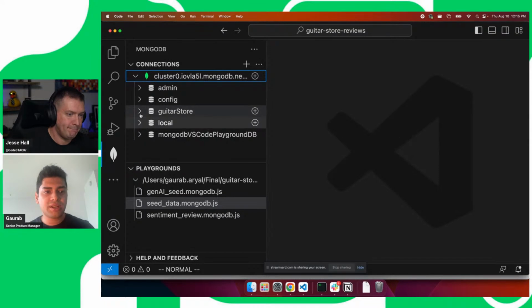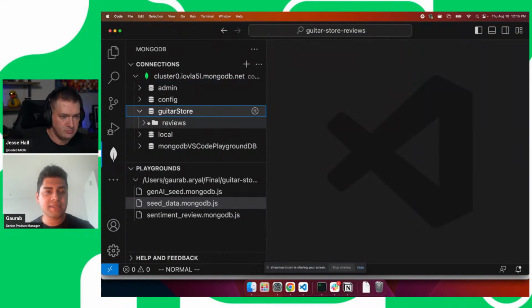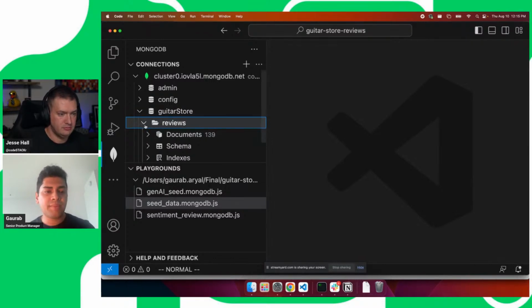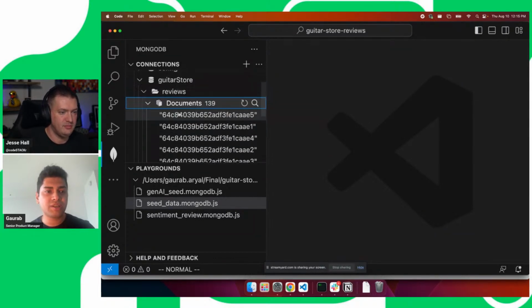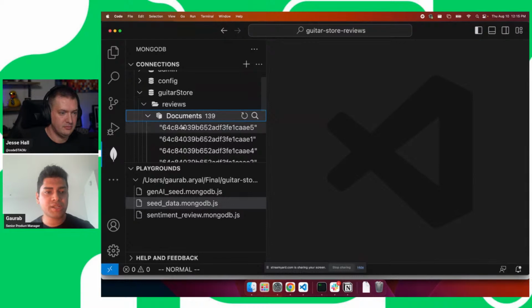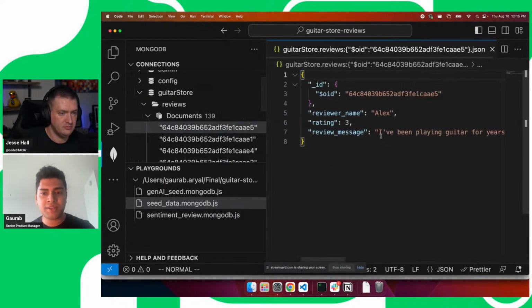Cool. So here, once I'm connected to the database, I can see the collections that are within that database. Here I only have one collection, reviews, and I can dig further into that. I can see each individual document that lives in that reviews collection. I can even open a document and do something like